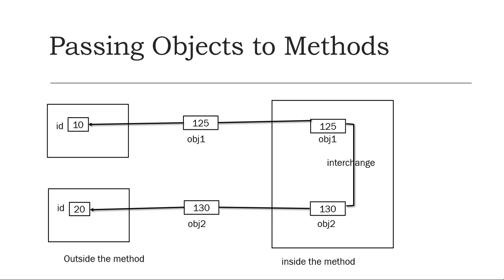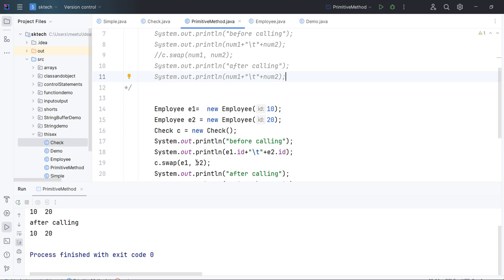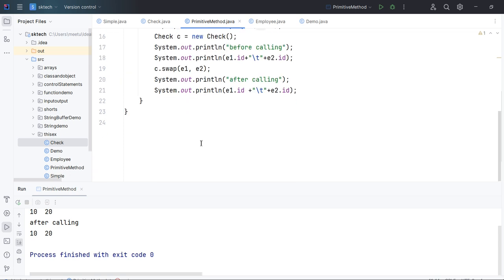But since Java does not support creation and use of pointers, there is no question of passing a memory address. So pass by reference is not valid in Java. Here we are passing the reference variable, so any changes to this reference variable should affect it afterwards, right? If we print this, it should print the updated value. But if you see the output, it is printing the same value.